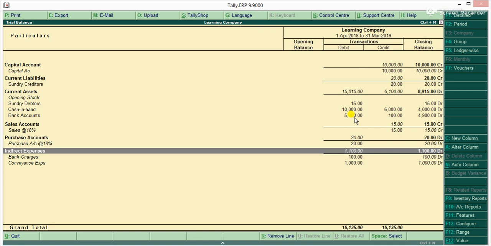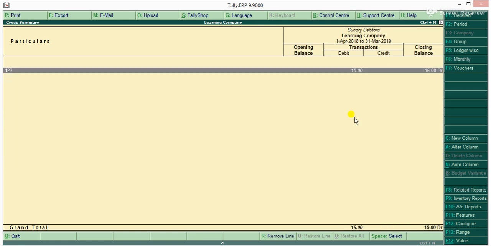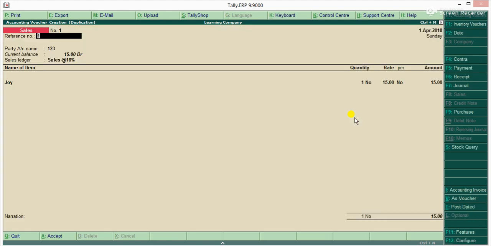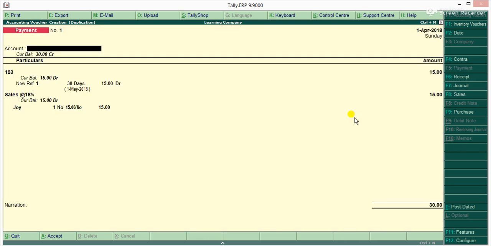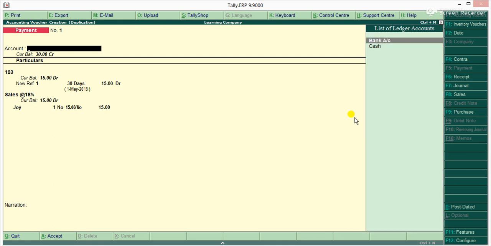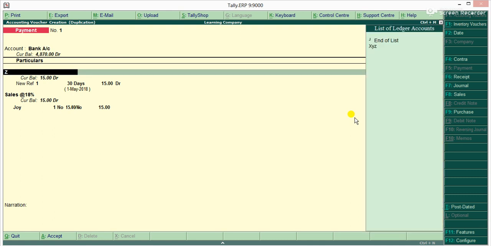Okay, let's make a payment. Payment is left out. So for any voucher entry, at any entry you can get the voucher. For example, over here I want to make a new entry, then by pressing Alt 2 the entry will be repeated. So this entry is repeated, the original entry will remain, this is a new entry. Now I want to make payments, I have to press F5. Then to whom I will make payment, one of the creditors, that is XYZ, for example. Sorry, I have to select the bank account, then XYZ.